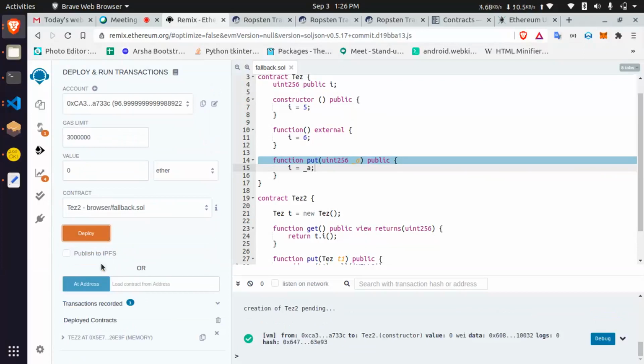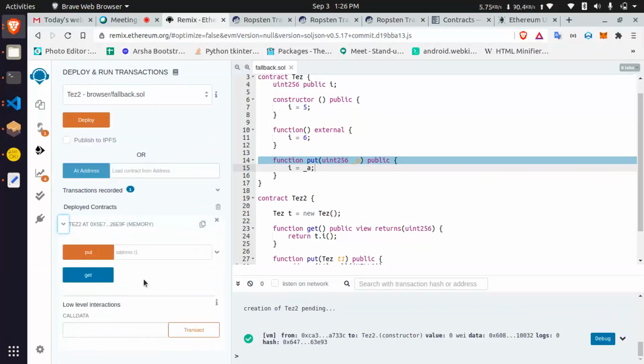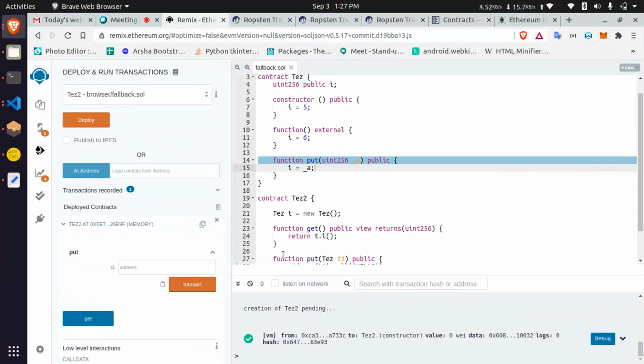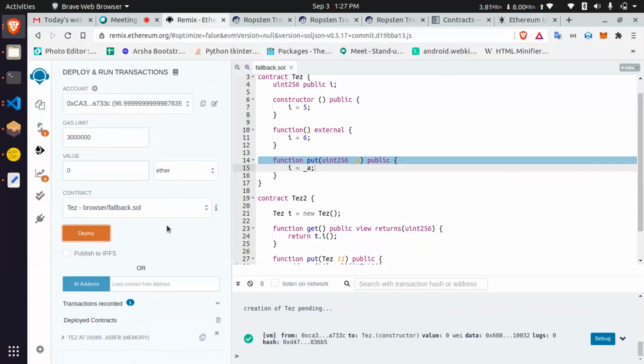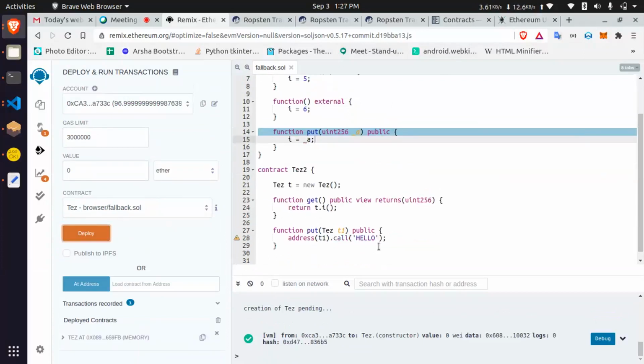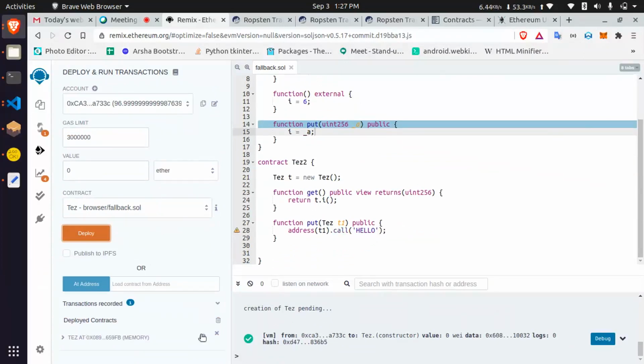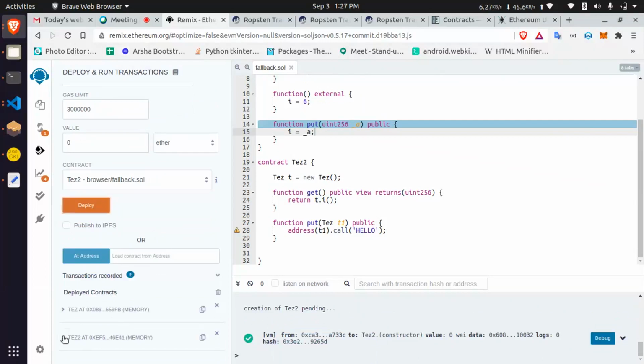Test 1 deployed, and then here I am going to add some addresses. Wait. Let's deploy this test 1. I am just deploying this, and then here I am going to deploy another contract, test 2.